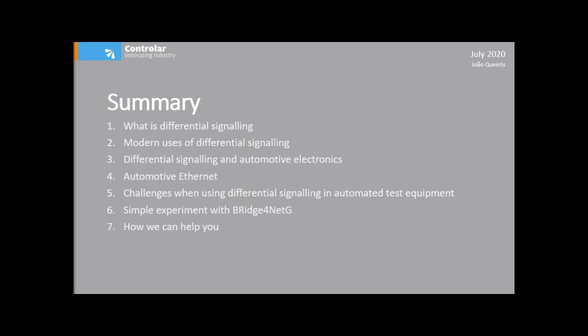Continuing to narrow the presentation, I'll show some usages of differential signaling in automotive communication buses. Narrowing even further, I'll briefly talk about the Automotive Ethernet. For the automotive industry, our core in Controlar, we develop automated test equipment for electronic components. As such, we have to deal with these communication interfaces on a daily basis, and we have had some problems with them in the past. I'll try to go through some of these problems.